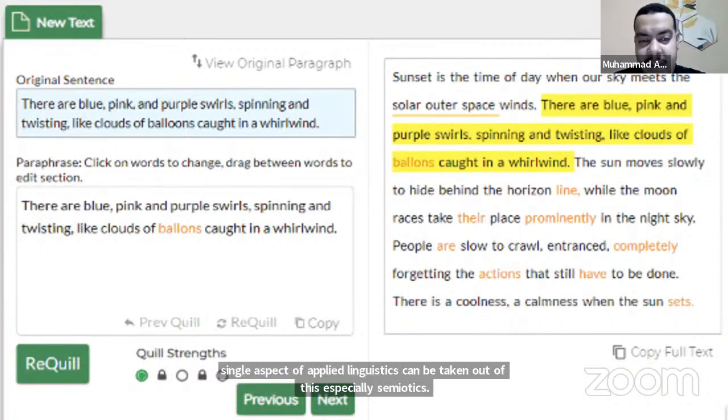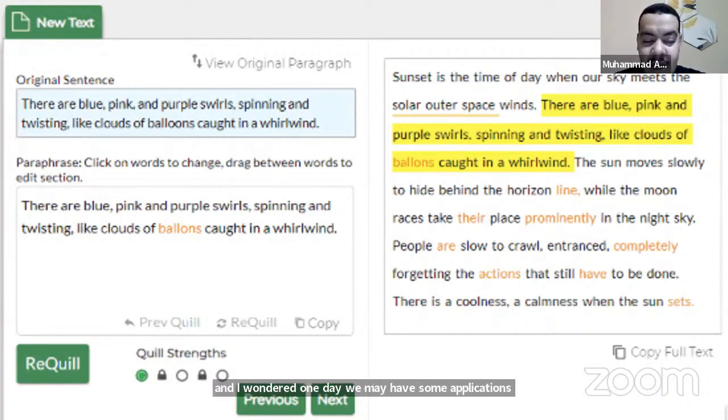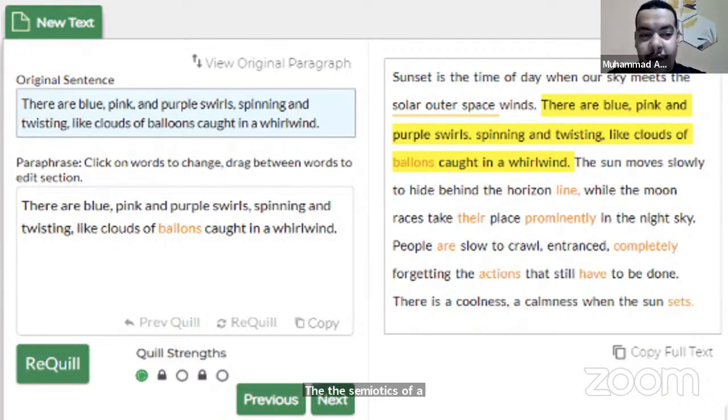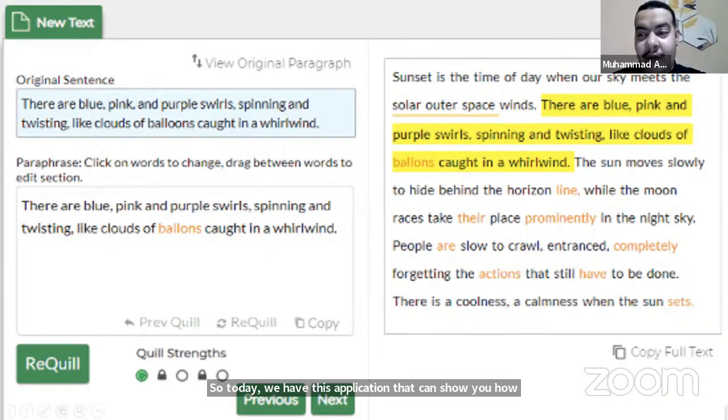You know, I once had a master's degree in semiotics, back in 2015, about 8 years ago. And I wondered, one day we may have some applications that can show us the meaning of a color, the semiotics of a sentence, a color, a cartoon, a symbol, a signal. So today we have this application that can show you how to get the real meaning of a sentence or a word,